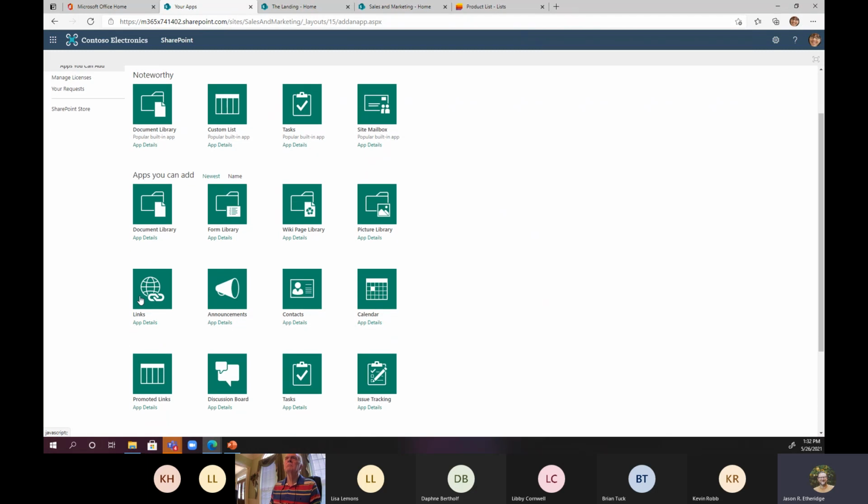A links list, like we talked about on the homepage, might be a set of links to the applications you use most often, or to some other data around the web. Announcements. Let's say you have a SharePoint homepage for your company. Every time you have something new you want to tell people about, you put it in the announcements and send that out. Then they can see all of the announcements and go back and search through